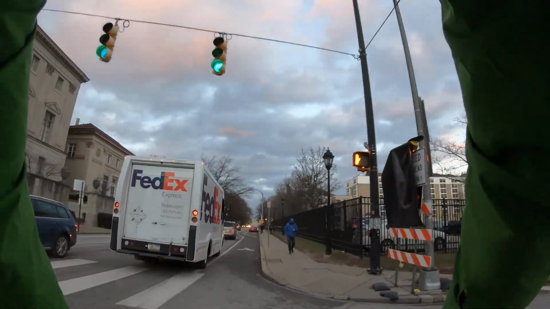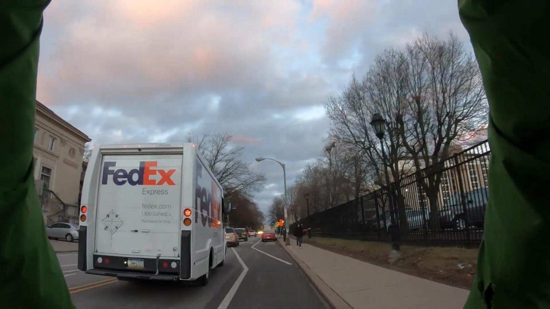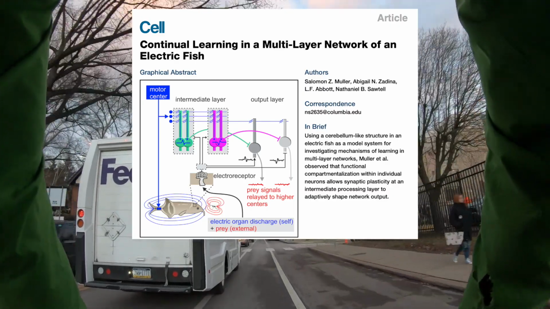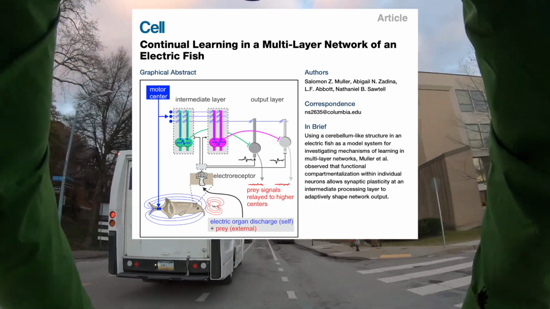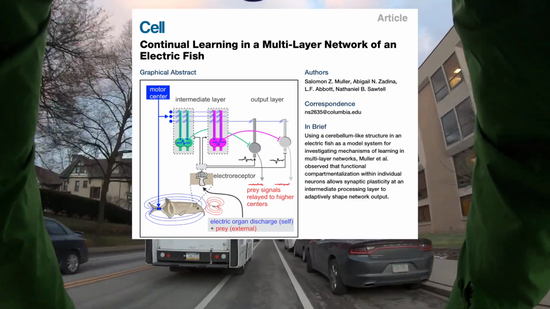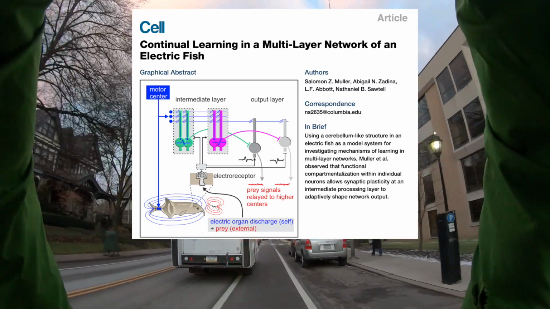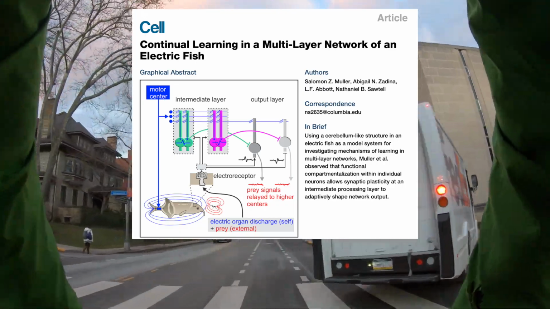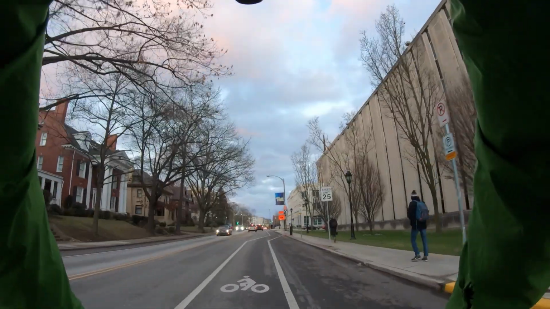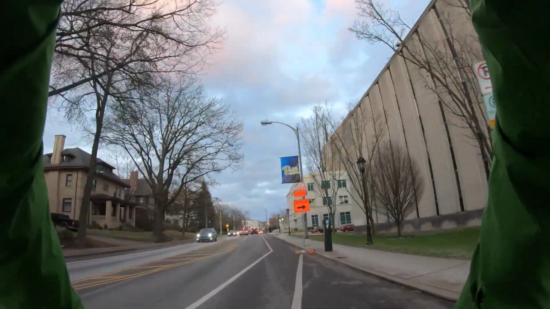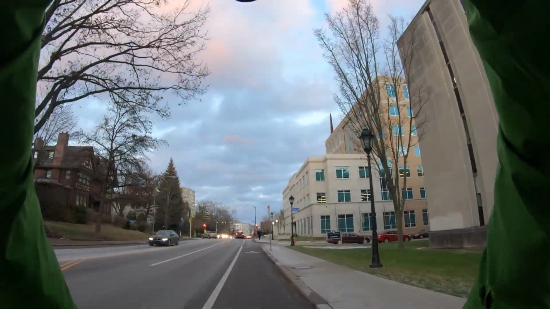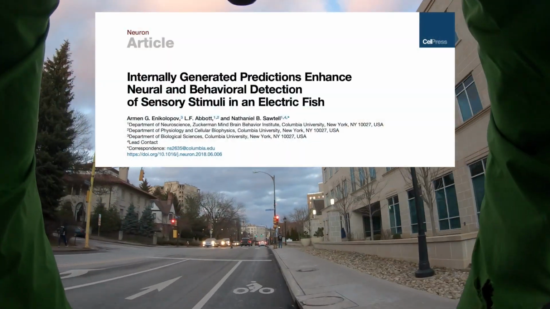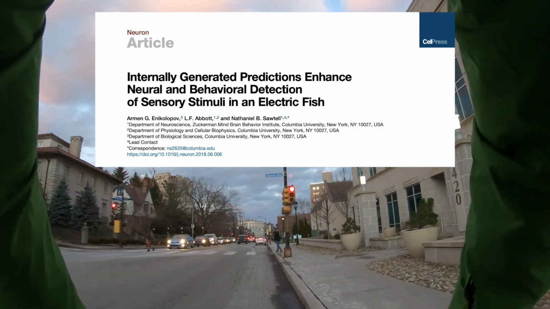They have an electric organ in their tail, and like an electric eel or any other electric animal in the water, their challenge is to ignore the electrical signals that they themselves generate, while at the same time being able to sense the electrical signals from prey animals, which are orders of magnitude smaller than the signal that their body generates. And so this lab showed in a Neuron paper earlier this year that somewhere in